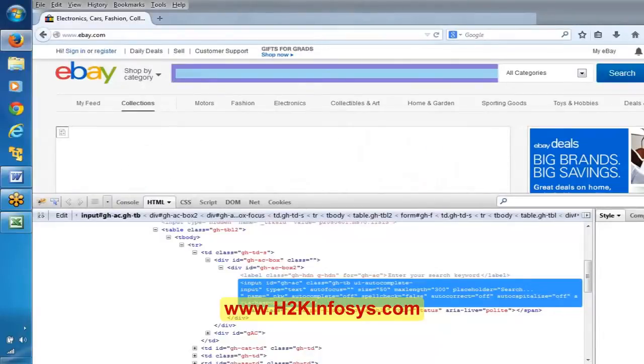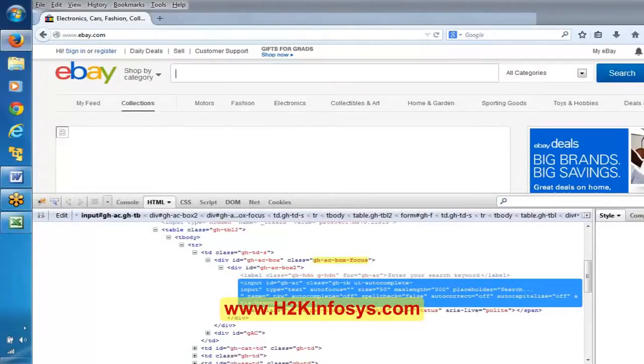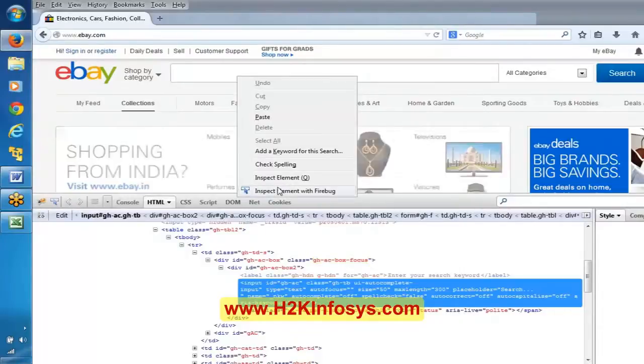I hope everyone is following. Any questions on this? First of all, any questions? If you are able to understand this particular concept, that's it. In the entire Selenium, you can just spy the object. Technically we call right click and inspect element spying. You just spy the object and figure out what the HTML tag is and what the attributes are. The first step is done.